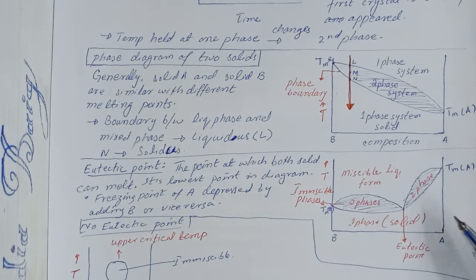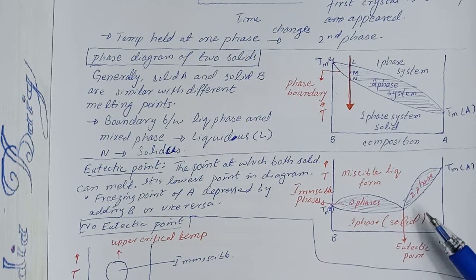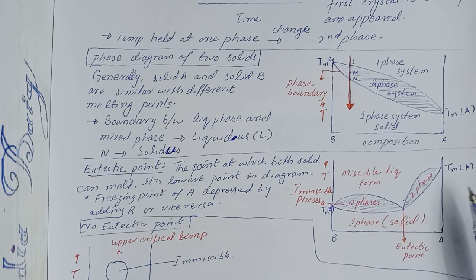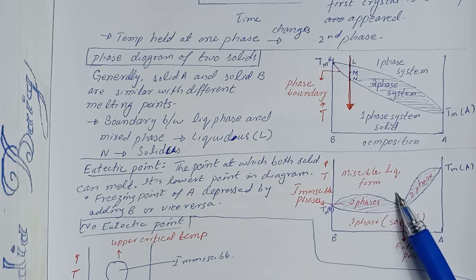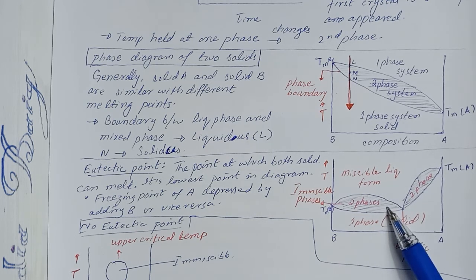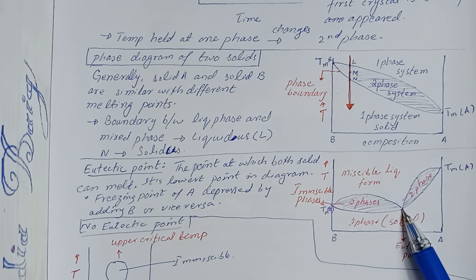So both these diagrams are similar, but the difference is the presence of the eutectic point, that is due to the difference in the properties of the two types of components that are mixed together, making miscible solutions in solid and liquid phase, but immiscible at liquid and solid phase, but showing a common point at which the mixture freezes and melts at the same temperature.